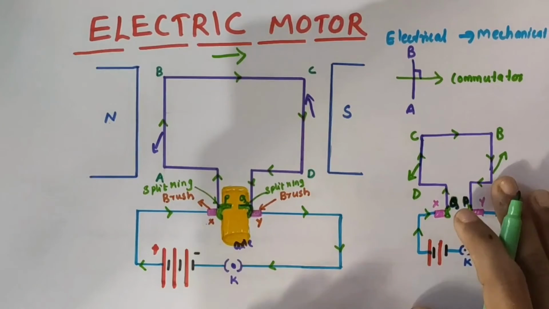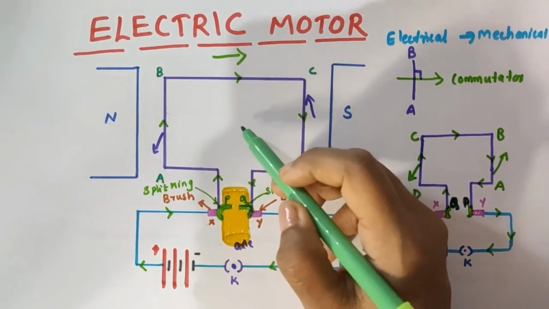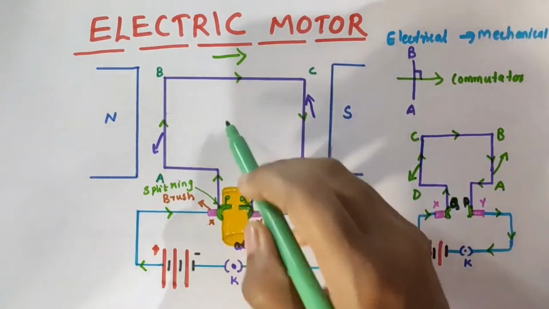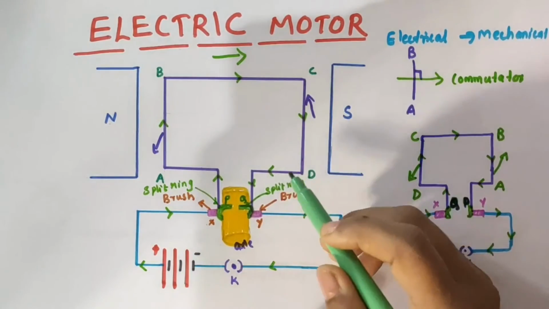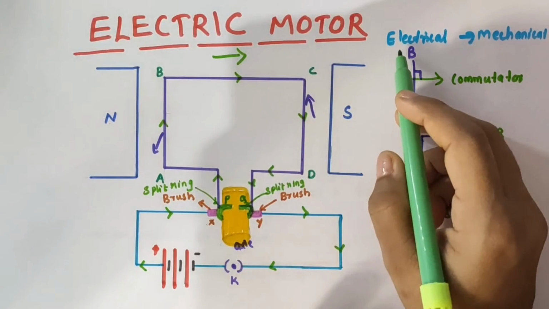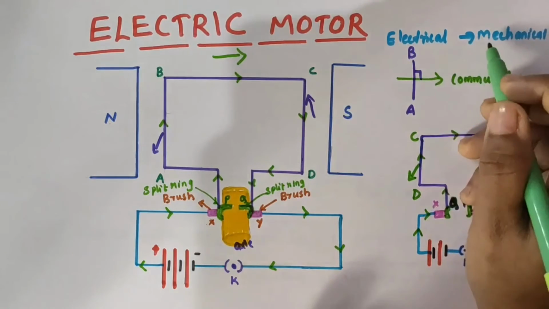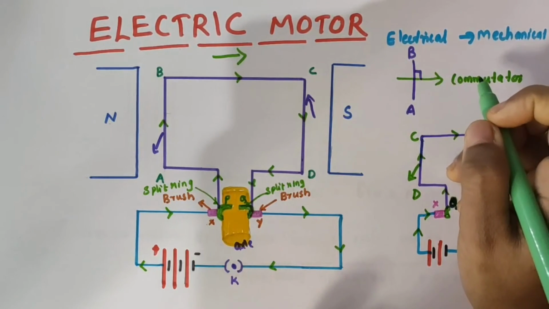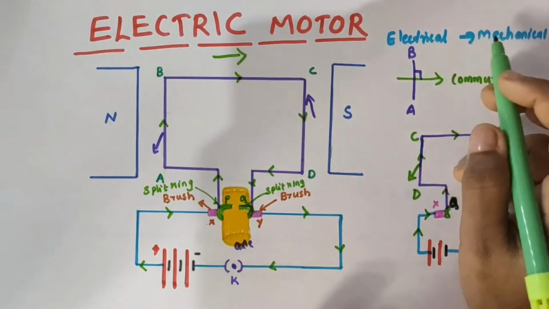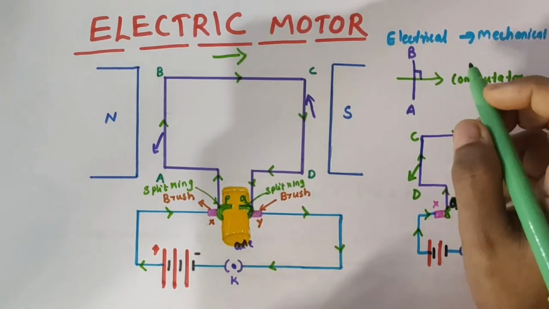You have seen that we have used electrical energy at the start, and we produced mechanical rotation. The initial purpose was to convert electrical energy into mechanical energy, and this is what the fan is doing. We provide some electrical energy and get a rotation. Rotatory motion, that is why it is called an electric motor. Electrical energy is converted into mechanical energy. Mechanical means doing some physical work.